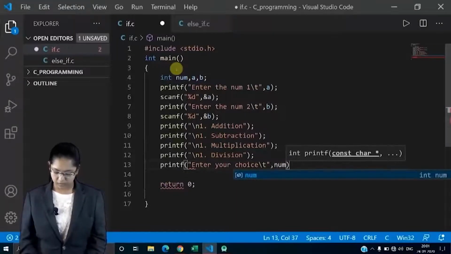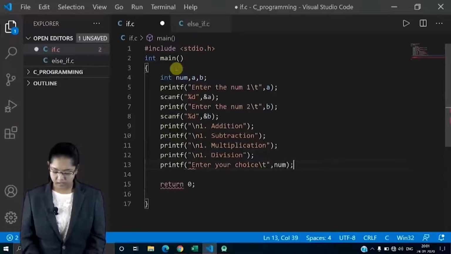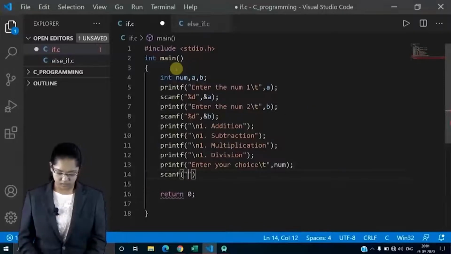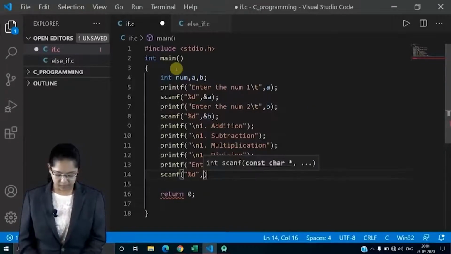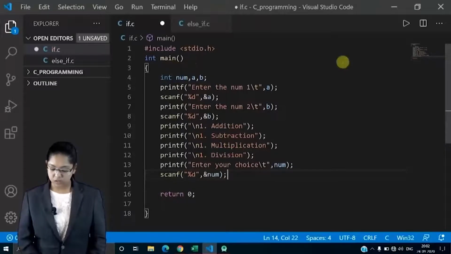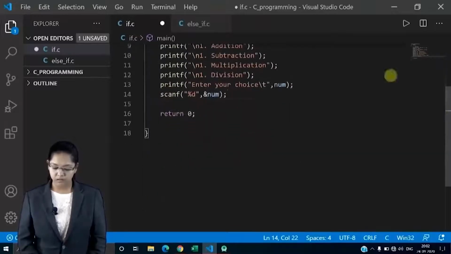Here we will pass num, and we will scanf the num. Num is my integer, %d, then ampersand num, semicolon. So this was my proper code.